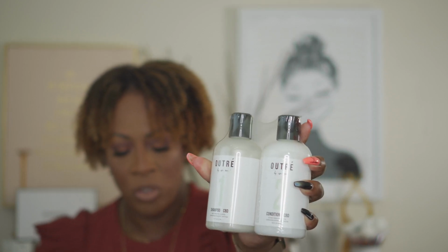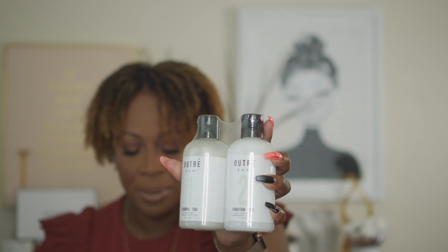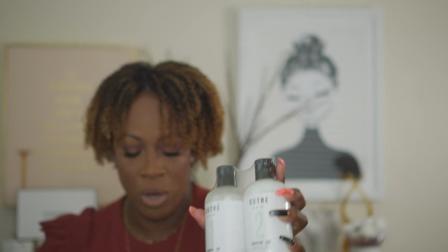Okay, so next up, what do we have? I'm just gonna grab this because I got this in another box previously, which was the leave-in conditioner. So I'll be sure to link that up top. And this is from OUTRE, I don't know. But this is the Best Buds